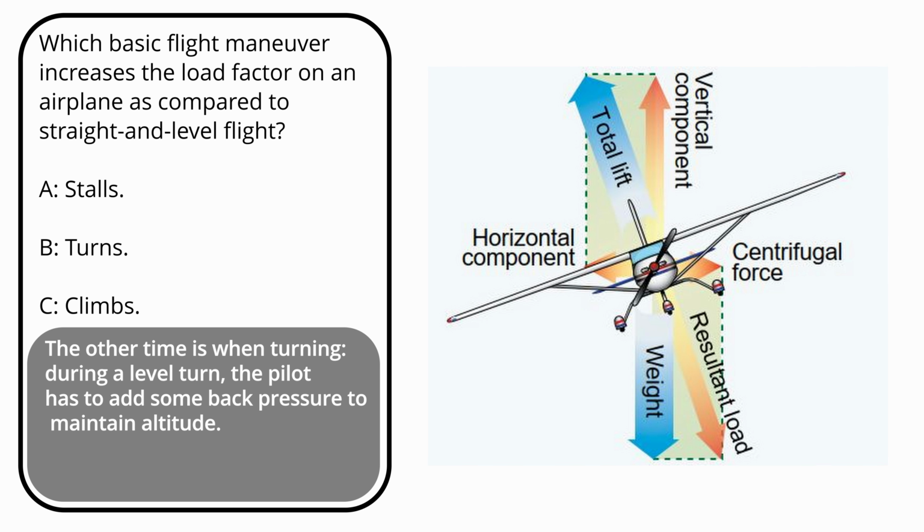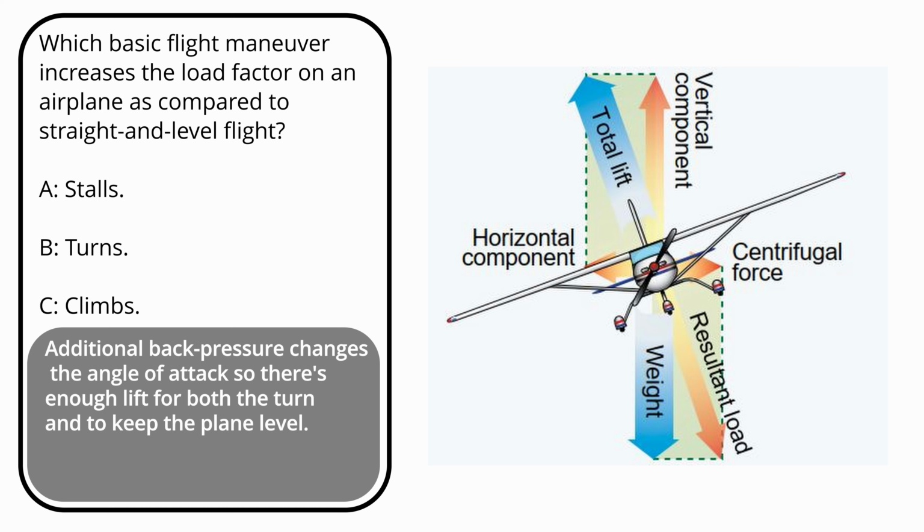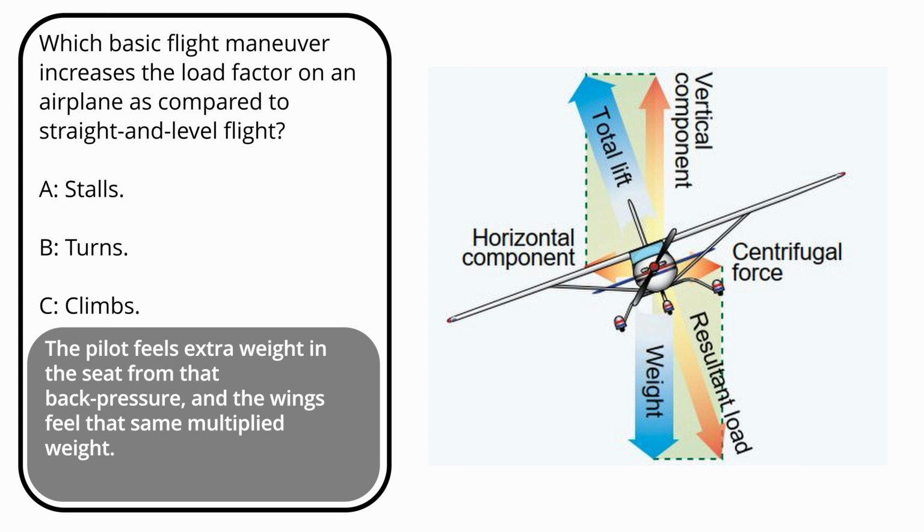During a level turn, the pilot has to add some back pressure to maintain altitude. This is because some of the lift from the wings is working to pull the plane around the turn instead of to hold the plane up. Additional back pressure changes the angle of attack, so there's enough lift for both the turn and to keep the plane level. The pilot feels extra weight in the seat from that back pressure, and the wings feel that same